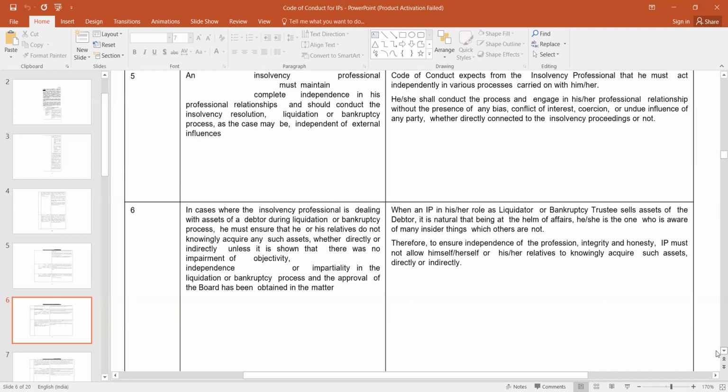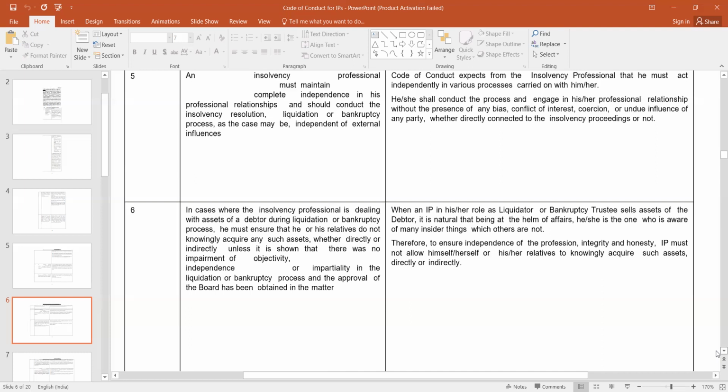So that is the point here. So here it says that you take the approval of the board also if it is required, whenever your relative is acquiring, because such things are subject to circumspection by the other parties. So they might allege that, okay, there was a bias, that you allotted this flat to your brother simply because he was related to you.